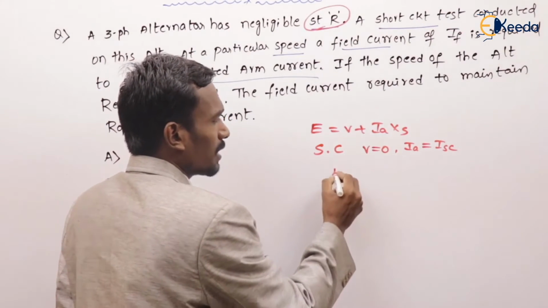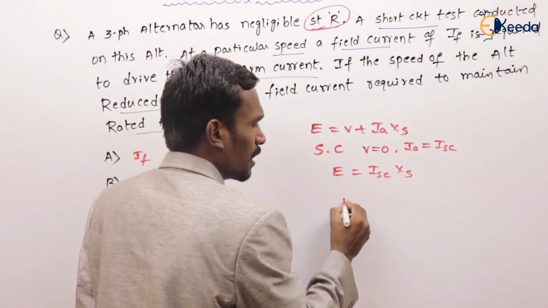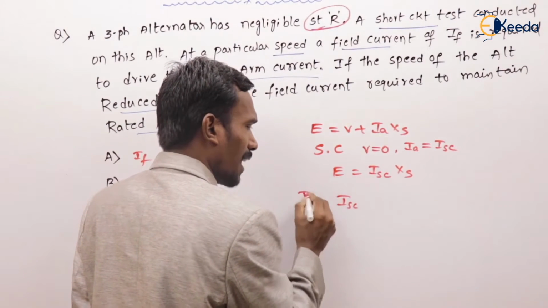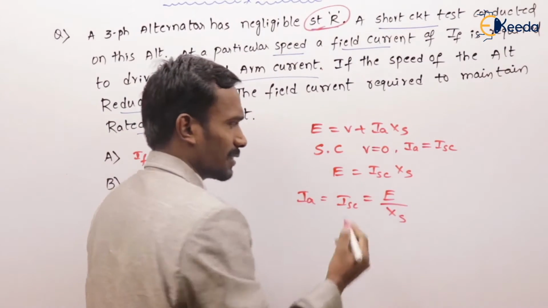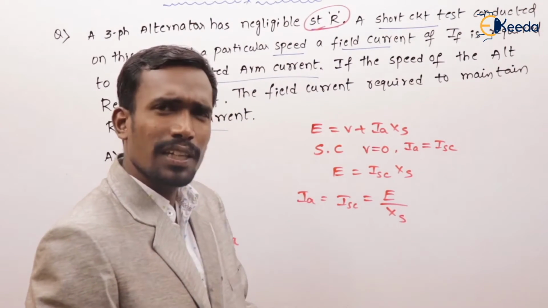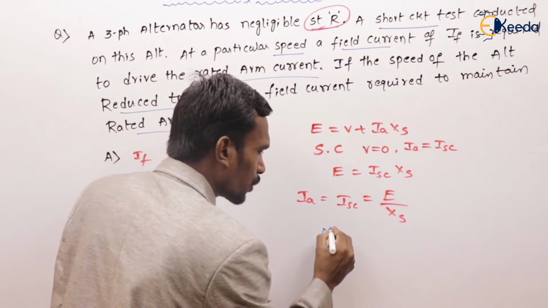Now tell me what is the answer. E is equal to Ia into Xs. So Ia is equal to E by Xs. But he said that my speed reduced